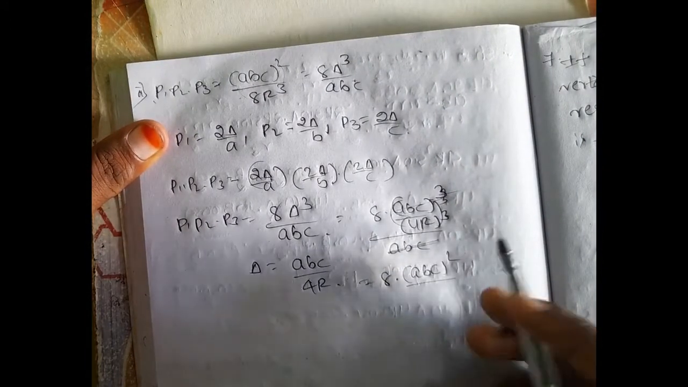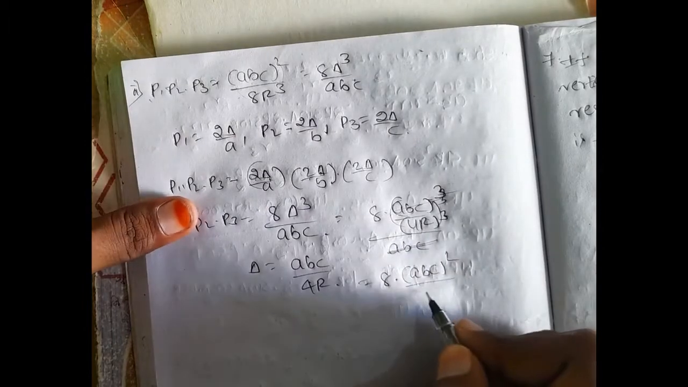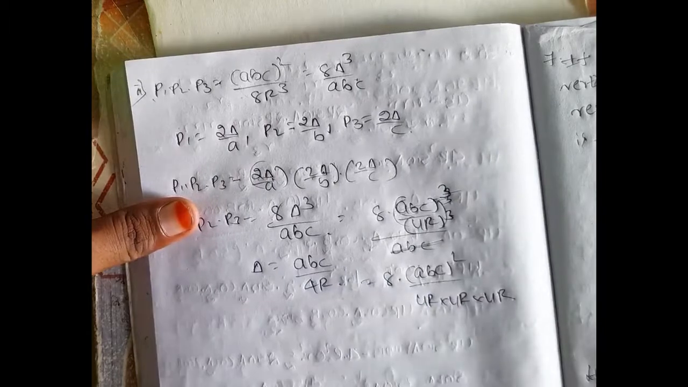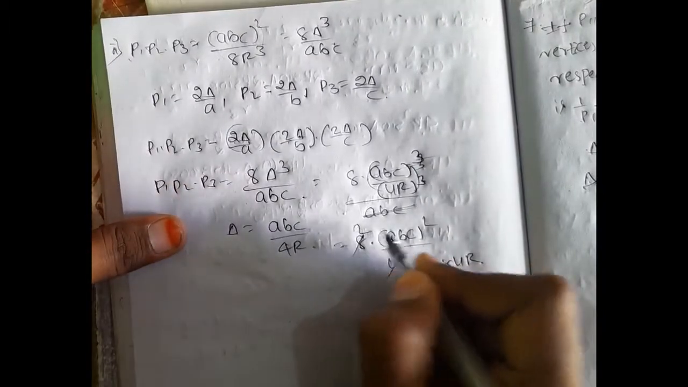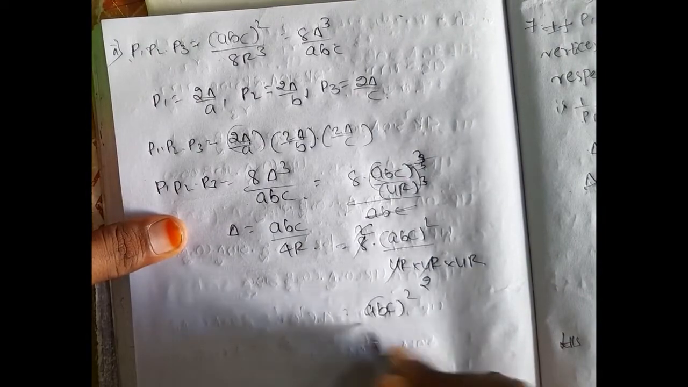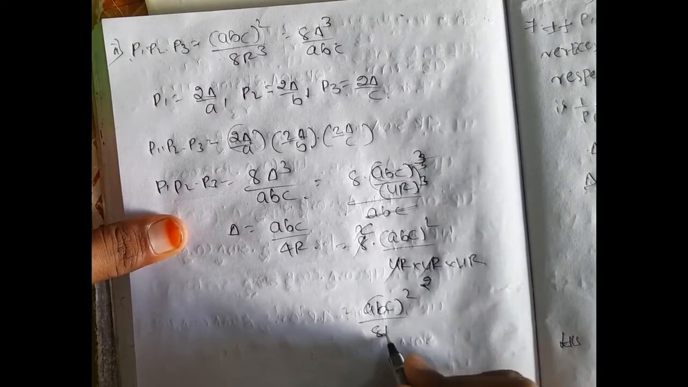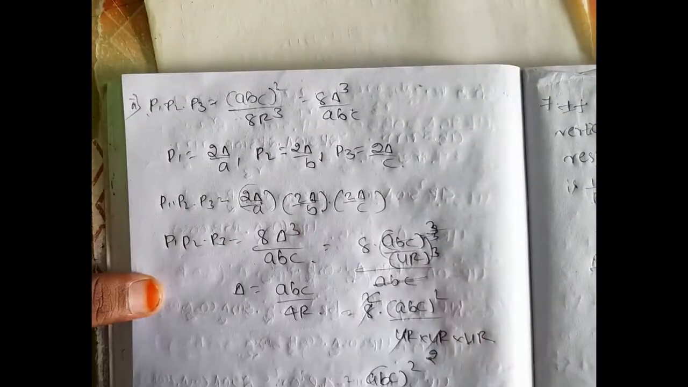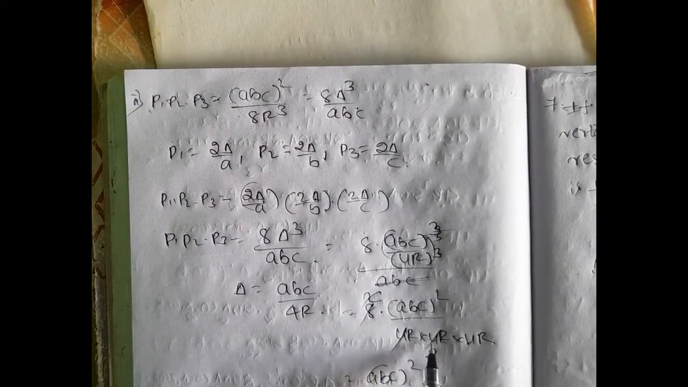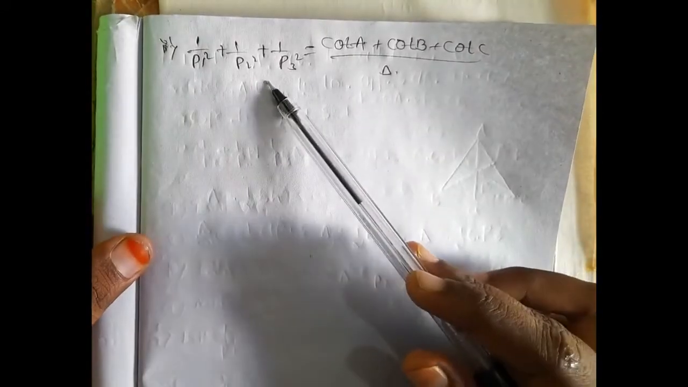Now 4r whole cube. How can we write 4r whole cube as 4r into 4r into 4r? Right? Now ABC square, 2 into 4, 8, and r into r into r, r cube, because r cannot be cancelled. Only we cancelled 4 and 4. We got this. Hence, the next question is 1 by P1 square plus 1 by P2 square plus 1 by